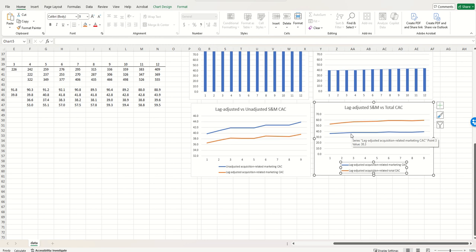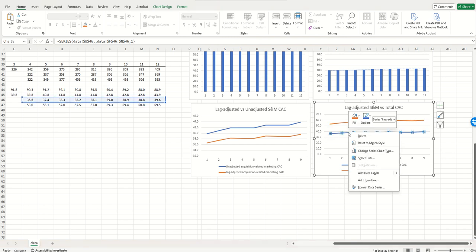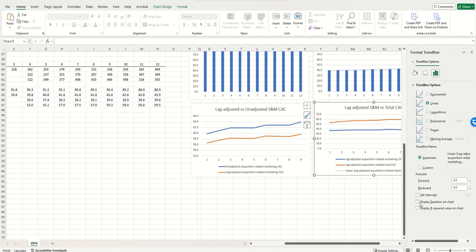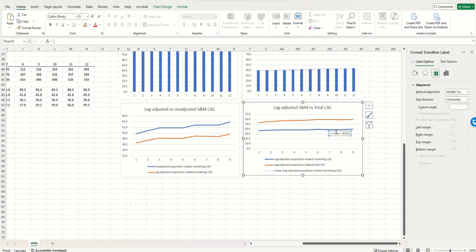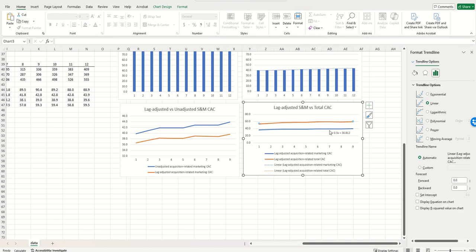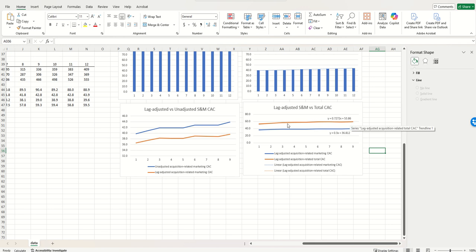So as you'd expect, if you're just restricting your attention to sales and marketing CAC, the lag adjusted CAC is smaller. If you add back in the onboarding expense, it's going to be bigger. And if we just add in trend lines over here, where we display the equation, and then we did the same thing over here, you can see that this total CAC has been increasing at a faster rate